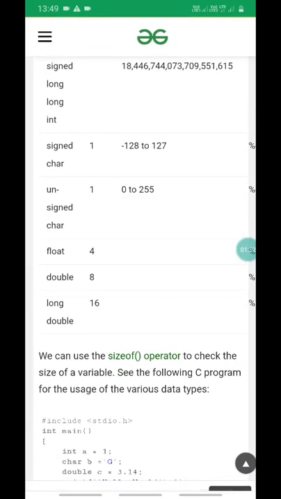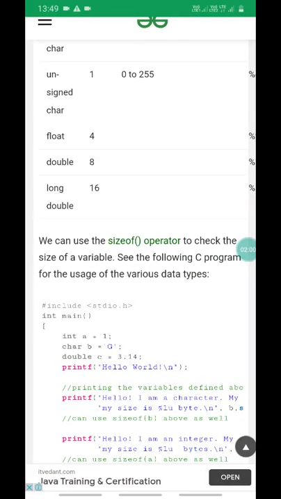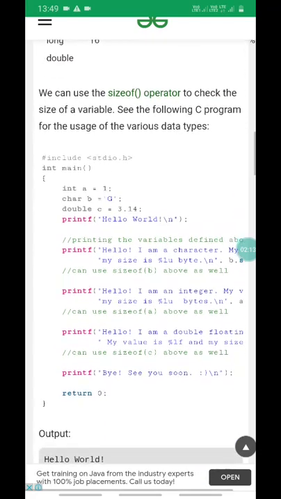We can use the sizeof operator to check the size of a variable. See the following program for the use of variable data types. The sizeof operator is used to find the memory bytes of a particular data type. So the program is: